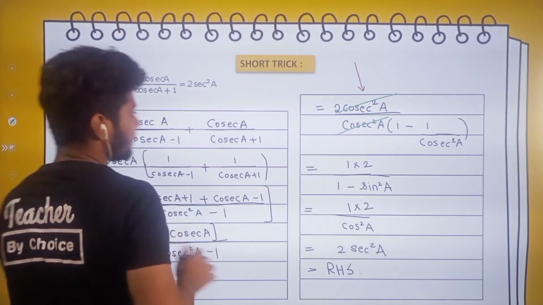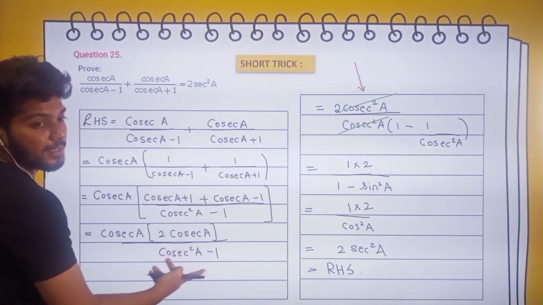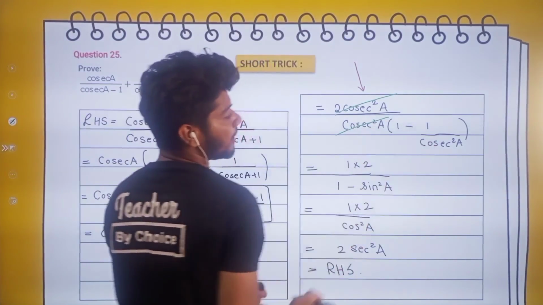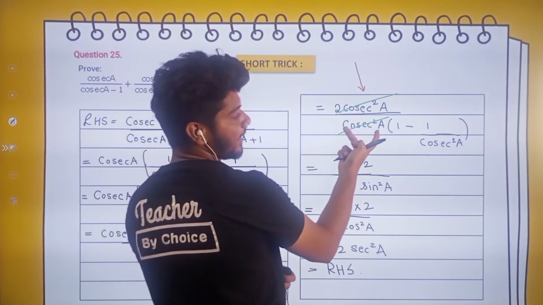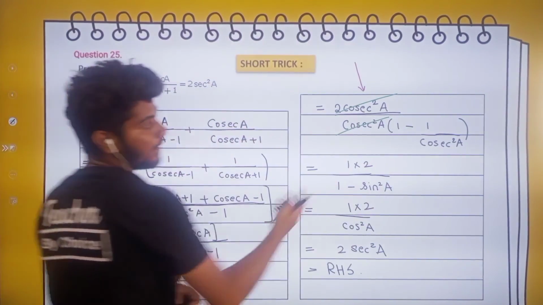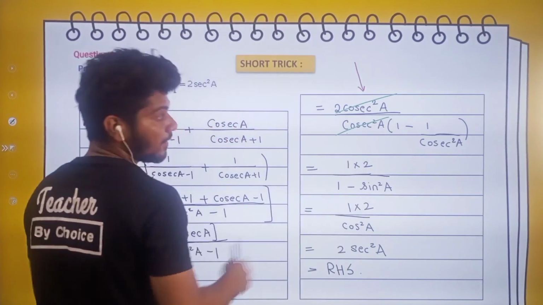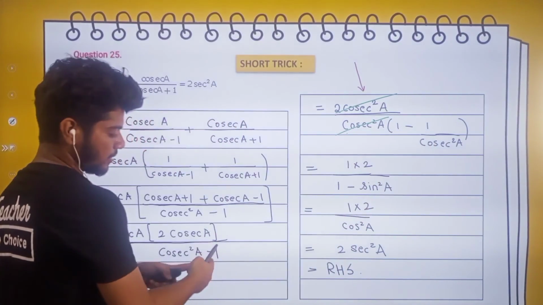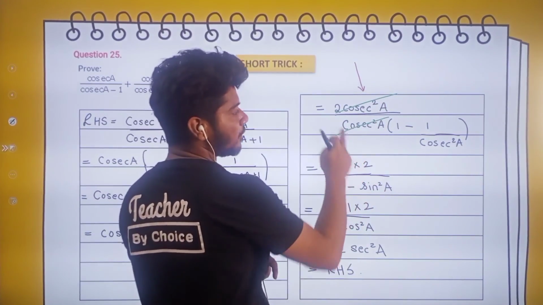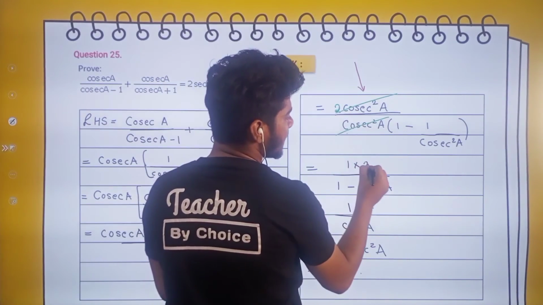What we have done in this step, we have taken cosec square a common from the denominator. There was no common thing between them, but still we took जबरदस्ती कॉमन ले लिया. सिंपल भाषा में जबरदस्ती कॉमन ले लिया. बेनिफिट क्या हुआ? See, if I take cosec square a outside, when I multiply this inside, I am getting the same thing, right? Cosec square a into 1, cosec square a, right? Minus as it is, cosec square a को अंदर multiply करो, cosec square a cancel, you are left with 1. Okay, this cosec square a, this cosec square a will be cancelled off. 2 as it is. See, this 2 is as it is here, this 2 is as it is here.